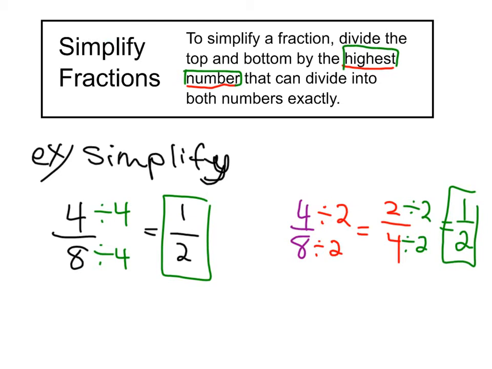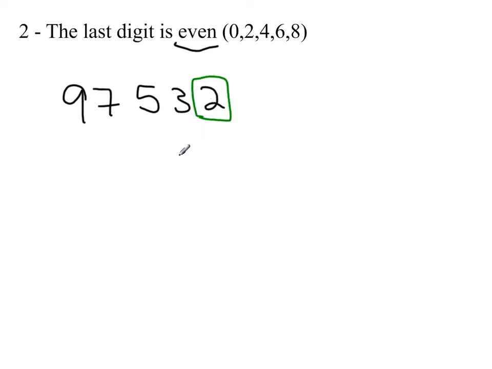So to start us off, we're going to start with our first rule, 2. If something is divisible by 2, that means 2 can go into it evenly. The last digit is even. And what we mean by even is 0, 2, 4, 6, 8. So we could have a crazy number, let's say 97,532. Now at first glance you might be thinking, well, there's a lot of odd numbers, but what matters is the last digit. And since the last digit is a 2, that means 2 can divide into